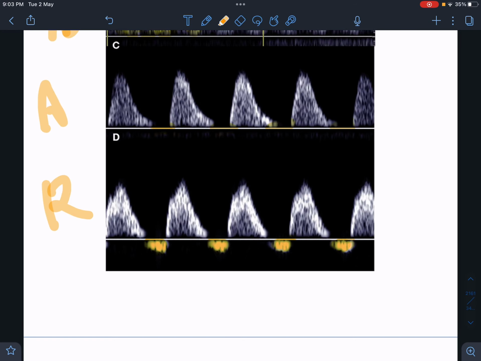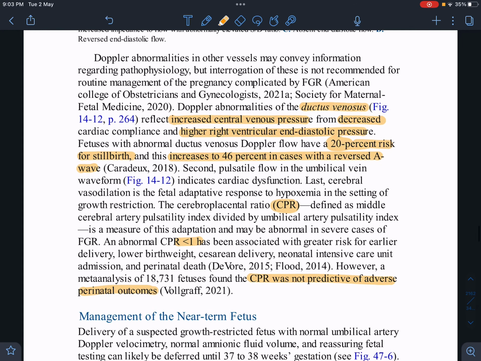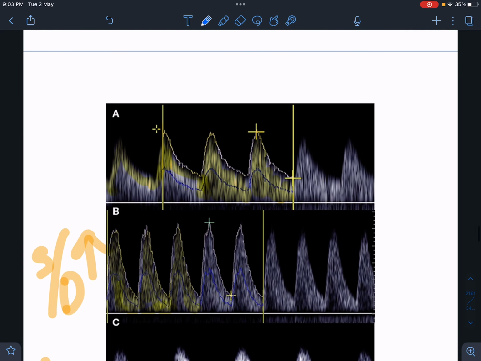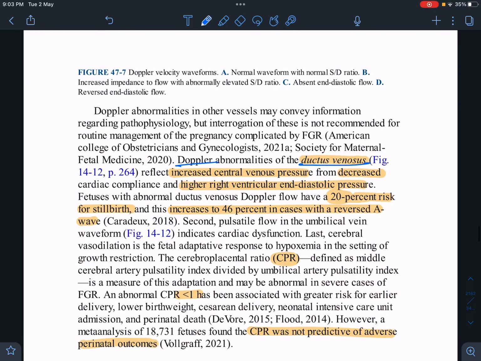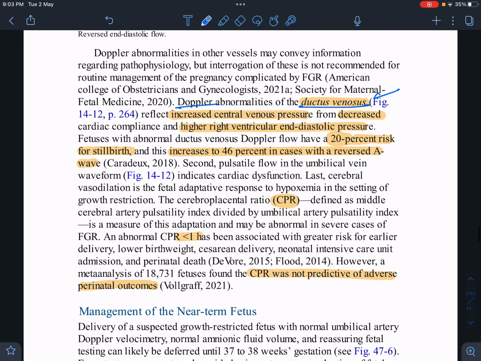Here it's absent. So this is the progression. Now here they have given something which is called a ductus venosus Doppler. Okay, now what this explains is, your umbilical artery Doppler shows there is definitely hypoxia happening, and ductus venosus suggests metabolic